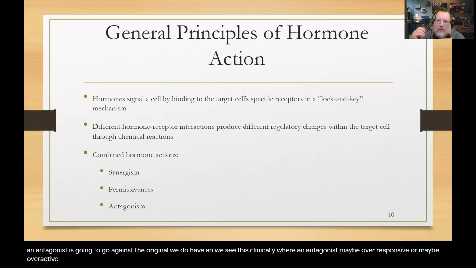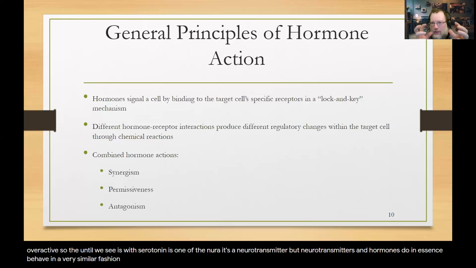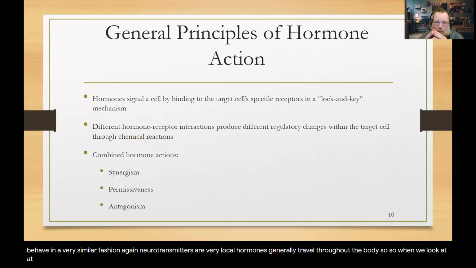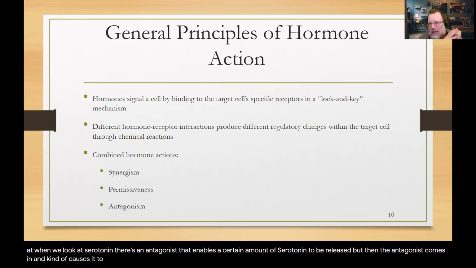We see this with serotonin. It's a neurotransmitter, but neurotransmitters and hormones do in essence behave in a very similar fashion. Again, neurotransmitters are very local. Hormones generally travel throughout the body. So when we look at serotonin, there's an antagonist that enables a certain amount of serotonin to be released, but then the antagonist comes in and kind of causes it to get taken back up,